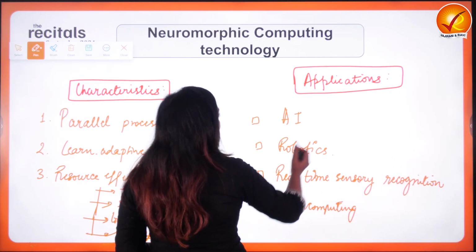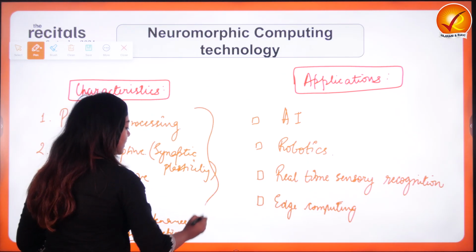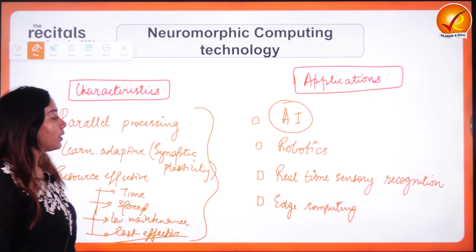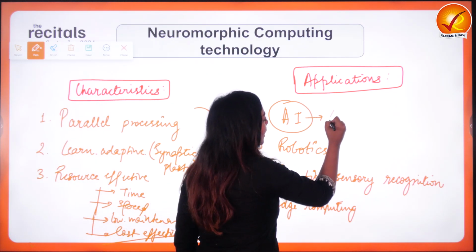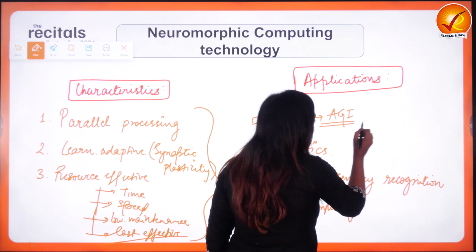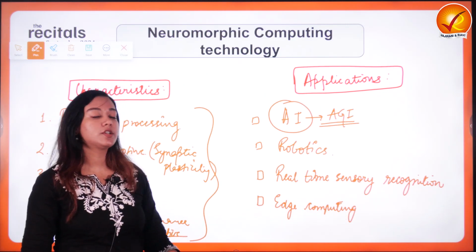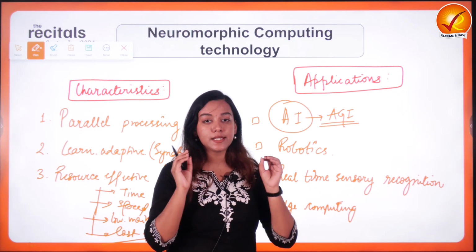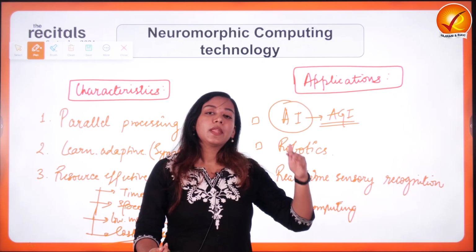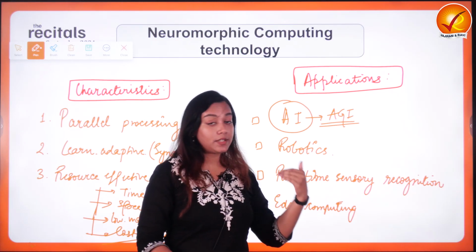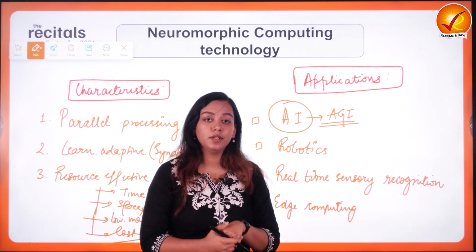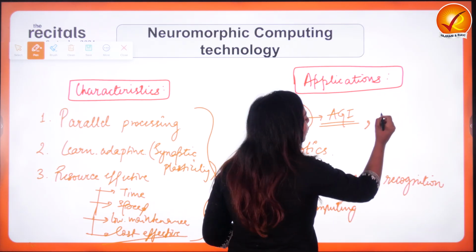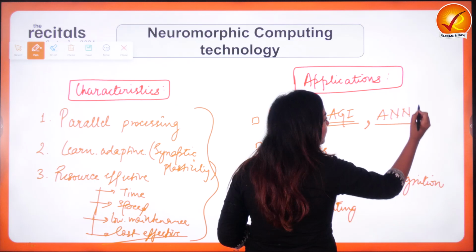Fine. Now talking about the application, since I am having all these characteristics, it will be able to leverage AI to the next level. So what are we trying to aim for? We are trying to create artificial general intelligence, which is going to be the biggest breakthrough that can be brought by the Industrial Revolution 4.0. The computer will be able to do everything. All the kinds of intelligence inside the human brain can be replicated with reduced errors or with high accuracy in the case of artificial general intelligence, right? It will be able to put to use the artificial neural networks that we are trying to create.